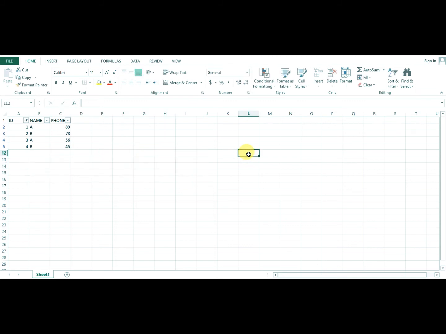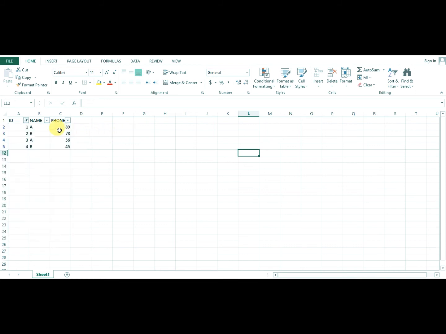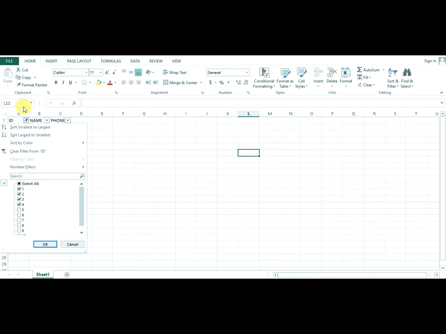A drop down arrow will appear in the header for each column. Click the drop down menu arrow for the column you want to filter. In our example, we will filter column A to view only certain types of equipment. The filter menu will appear here.